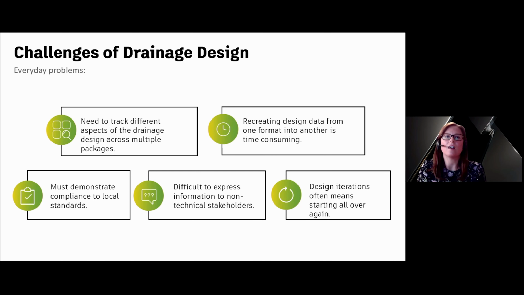Delays to that approval can then affect the construction timeline or can impact consultant engineers' margins as well as their customers. And many of these drainage design challenges that we hear are linked to the exchange of data with other packages or adopting iterations. So with our InfoDrainage product, we've built an integration with Civil 3D that installs as a ribbon to allow data to be exchanged via parts mapping.